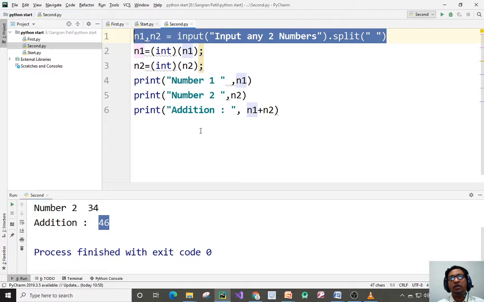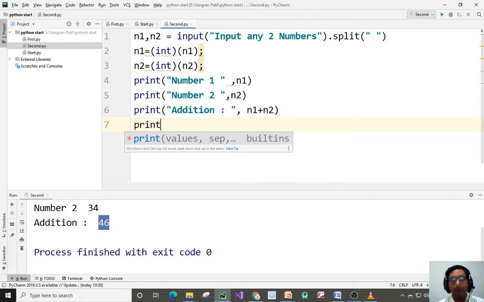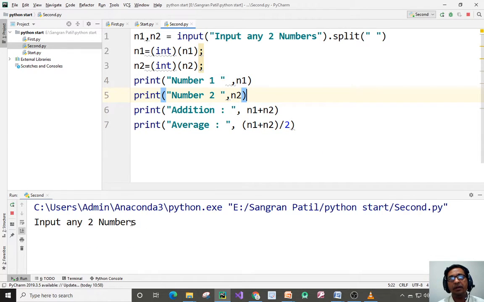Now suppose I want to print the average. I print average, comma, n1 plus n2 divided by 2. Right click, run.